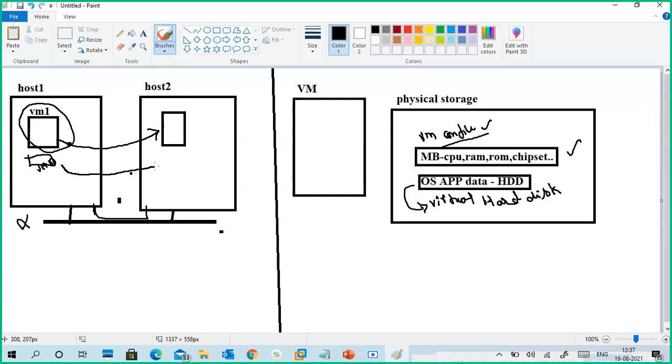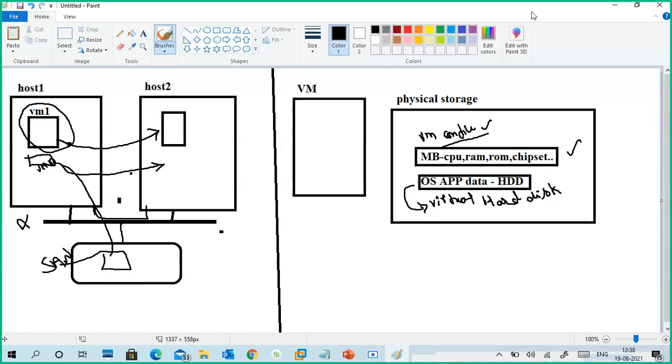You want to migrate this virtual hard disk from one location to another location, or from the physical machine to centralized storage. Initially you created it on the physical machine, now you want to migrate it to centralized storage like a SAN. That is storage migration.